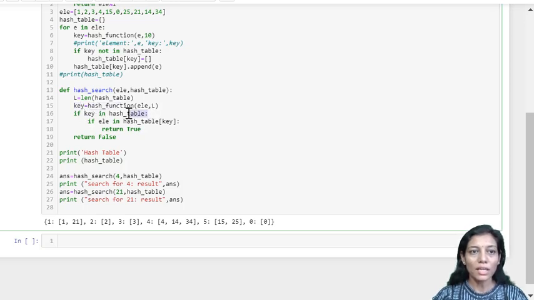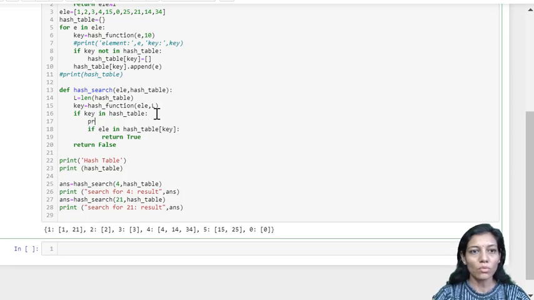If the key is in the hash table, that means if the key is present in my dictionary, I'll go further and check my nested list. I'll make sure whether the element I'm supposed to search, which I've got from the parameter, is present in that particular location, and if it is there, I'll be returning true. For our reference, I'm printing over here the elements of the sublist which I have found for that location, so that it will be clear in your mind what we are actually looking at.